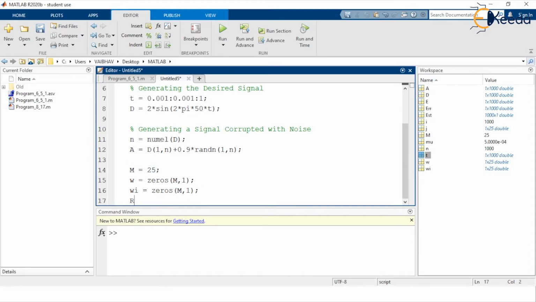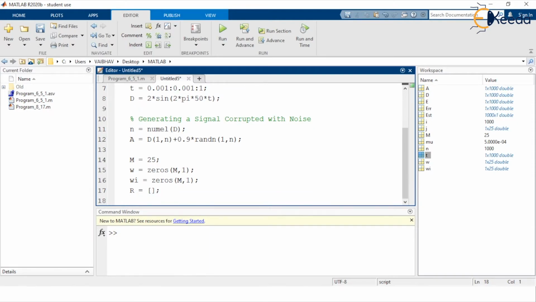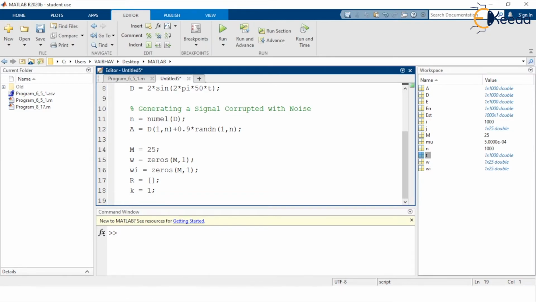We require a variable capital R. Initially it should be an empty matrix here. The variable K to hold the value of 1 here. We also require a variable small r that is having the correlation information here.